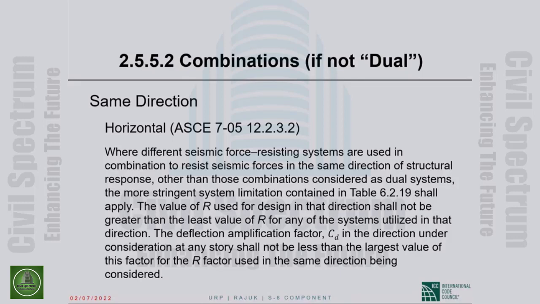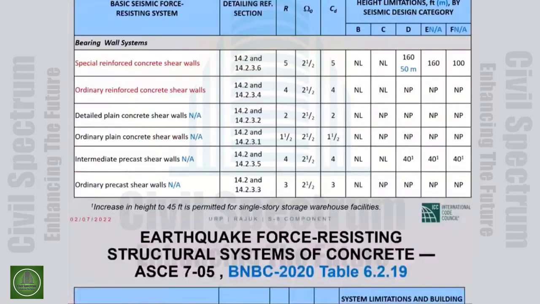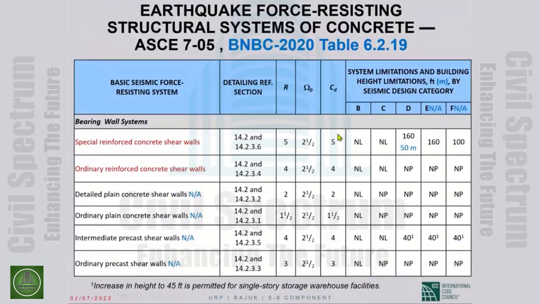We are essentially saying the C sub D, so R will be the smallest R value of the different systems that are strung together. C sub D shall be the corresponding C sub D, like if the smallest R value comes from